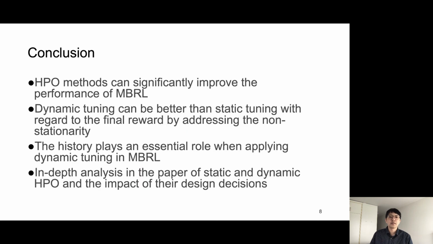And these are the takeaway messages that we want to give you in our paper. HPO methods can automatically find good hyperparameter configurations and help you improve your MBRL algorithm's performance. Dynamic tuning methods can also help you since they address the non-stationarity of MBRL. Moreover, we show that when you are doing HPO on MBRL, do not forget your training data, which is highly tied to your hyperparameters. Finally, in the paper, we also further analyze the impact of HPO design